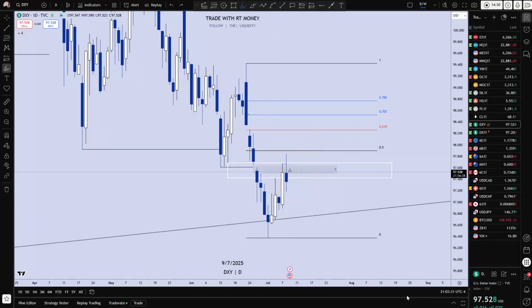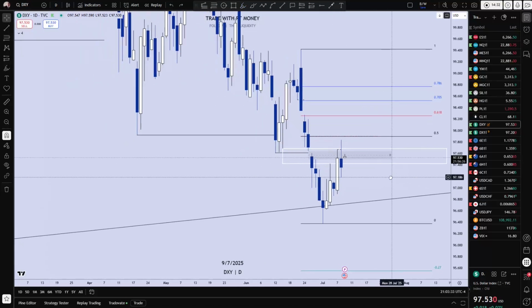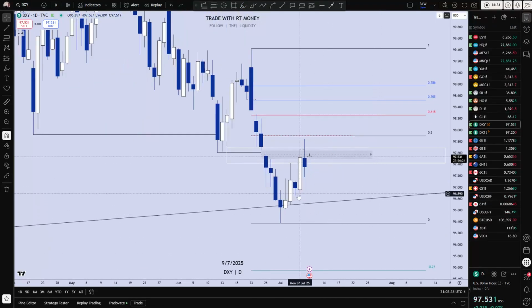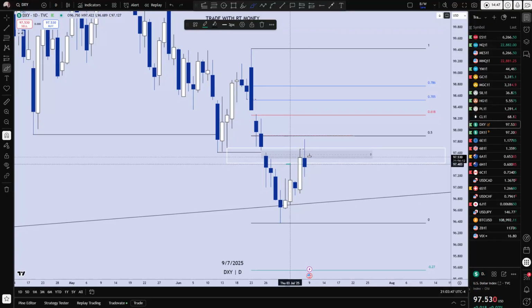If you don't understand what a fractal low is, it's the most recent low before it took this high, before it had this bullish market structure shift here. All right, and if we got a pullback already,